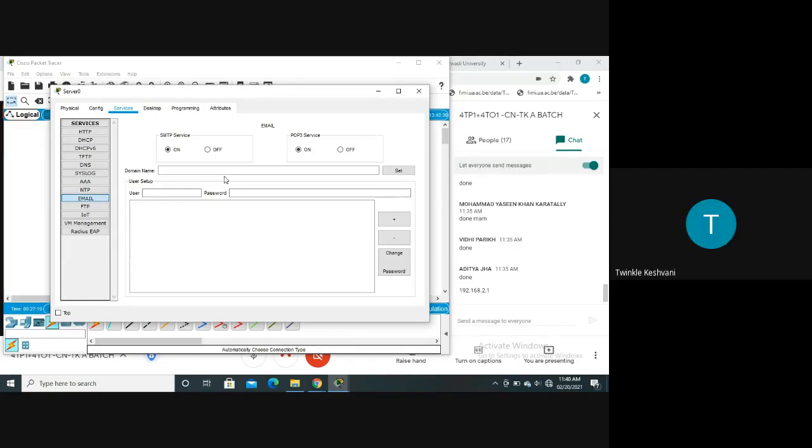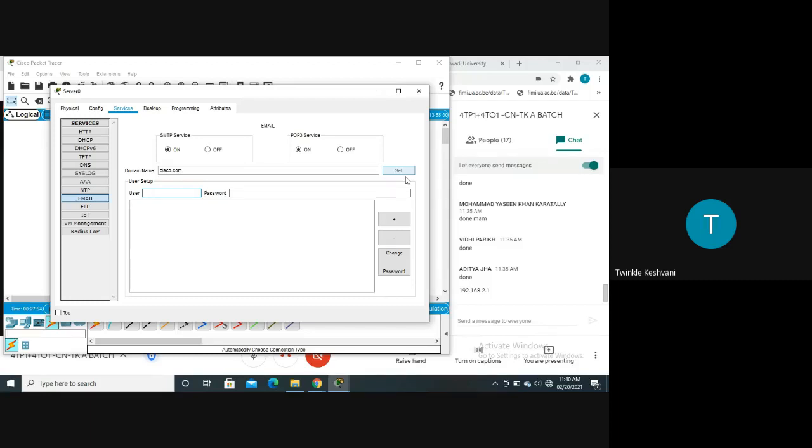.ac.in, right? So that is the domain name. So for that, I need to set some domain name here. Let's say that I am setting the domain name as cisco.com, right? Now when I'm writing the cisco.com, I need to click on the set button so that my domain name will be set. And when I click on the set button, the button will be blurred. If it is not blurred, that means the domain name is not yet set. So after writing the domain name, click on the set button.